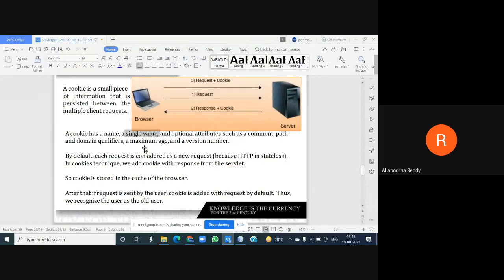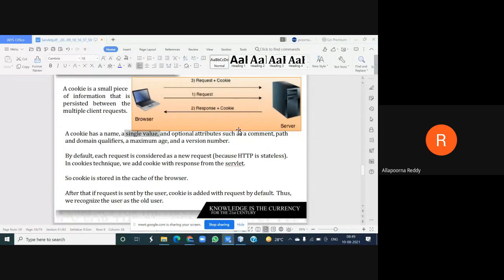Next, along with these two, we have some optional attributes. What is the comment? The comment is information about which site is accessing that particular cookie, and whether the protocol is authorized or a stateless protocol. I can show you when I open one cookie for you.